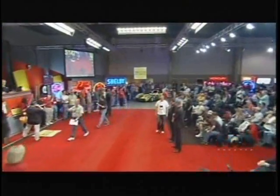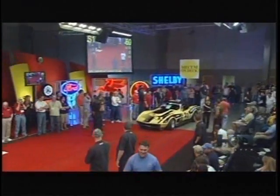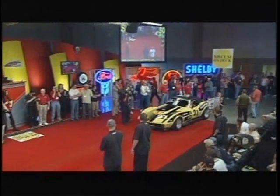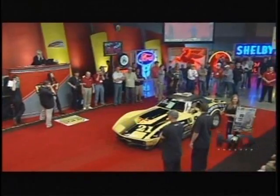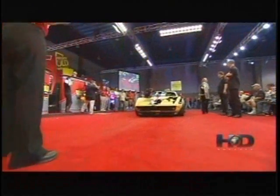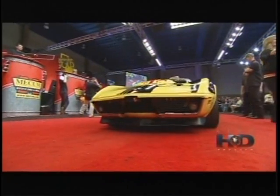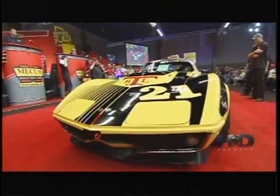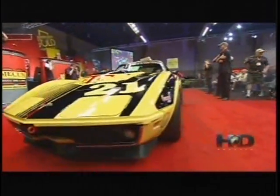Well, significant Corvette history continues. L88 are magic letters and numbers, and they equal dominance in the mid to late 1960s from Chevrolet in the Corvette, particularly in sports car racing, SCCA racing, and this car is the real deal. Totally ironclad documentation, raced in many SCCA events, 1972 and